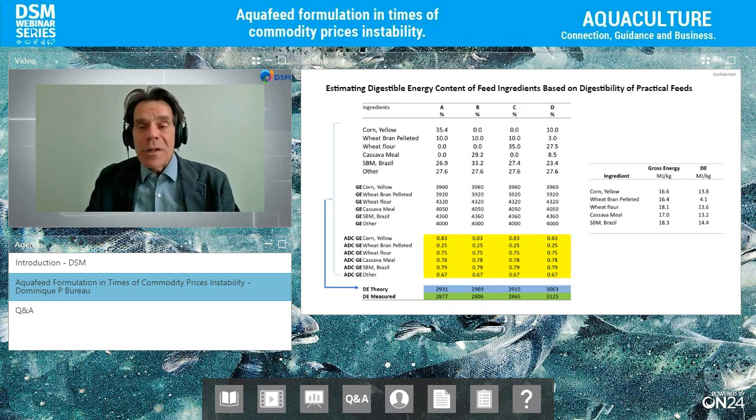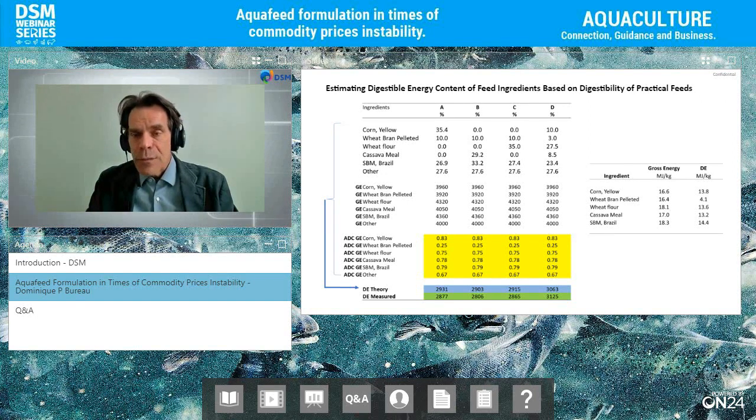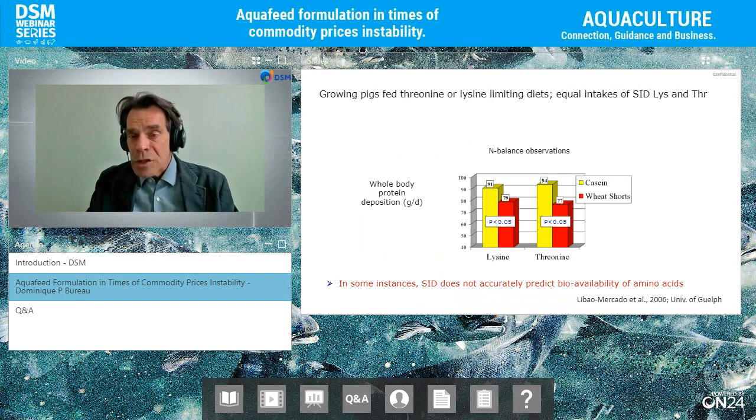And we didn't need very fancy experiments. We did one digestibility trial, but we used commercial feeds, and because we knew the composition of the feed, we were able to estimate the digestibility of different ingredients. My colleague in Guelph also worked on these wheat byproducts, and they formulated diets that were equal in digestible nutrient content. They did very careful work to measure the digestibility, and they actually found that in the case of the wheat byproduct, they had much lower performance than the standard ingredients they were using.